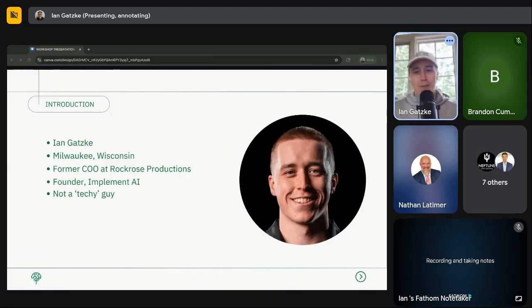Implement AI, where I work with business owners to help them confidently adopt useful AI tools for their business. And one note that I did add to this introduction slide, I'm really not a techie guy. I went to college, I graduated from ASU with a degree in marketing and philosophy, right? So I never studied software engineering or computer science or anything like that. It really just took some time to learn these things, but I'm really confident that if I can figure out how to use this stuff,